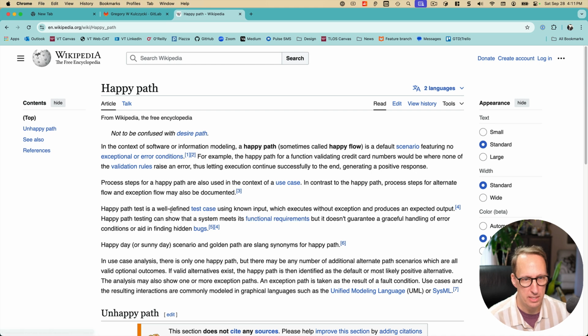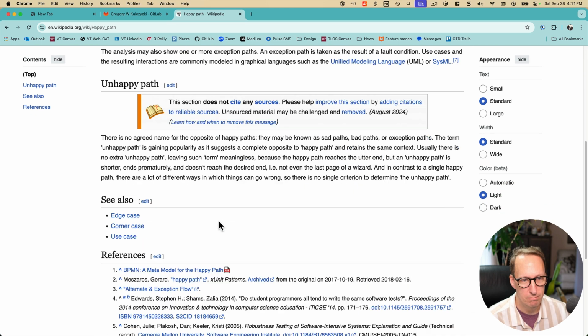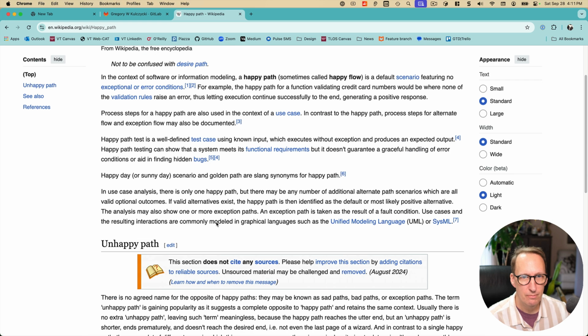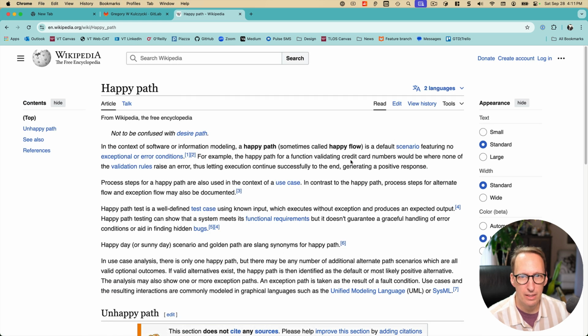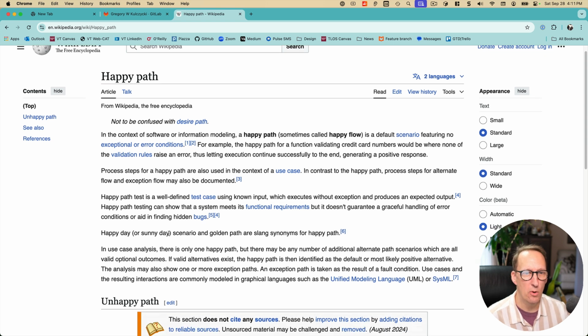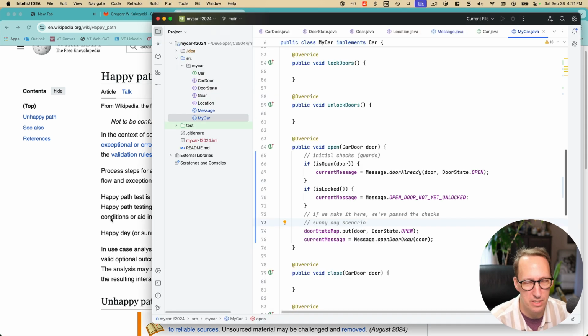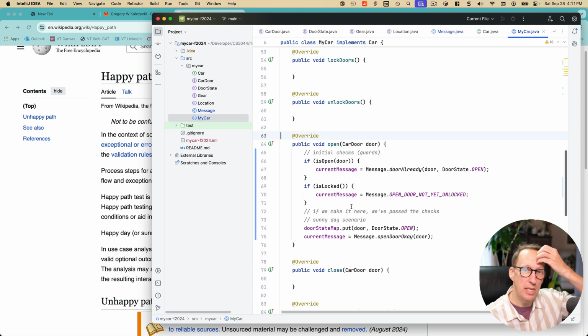I mean, it actually says, if you read on to this, happy flow, default scenario. Happy day or sunny day scenario, and golden path are slang synonyms for happy path. So I usually use the term sunny day scenario. But again, that's me. It just depends where you learned software development. But happy path is fine. Okay, so we're going to be seeing this a lot. There's these initial checks or guards. All right, and then you